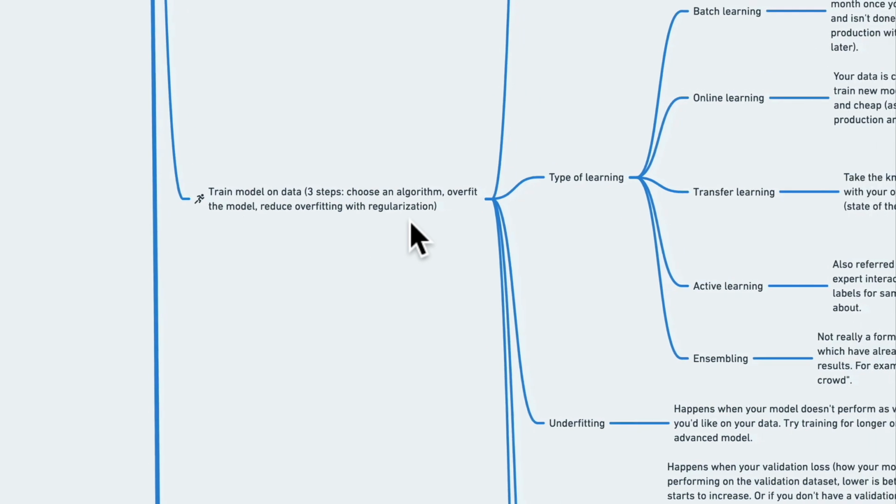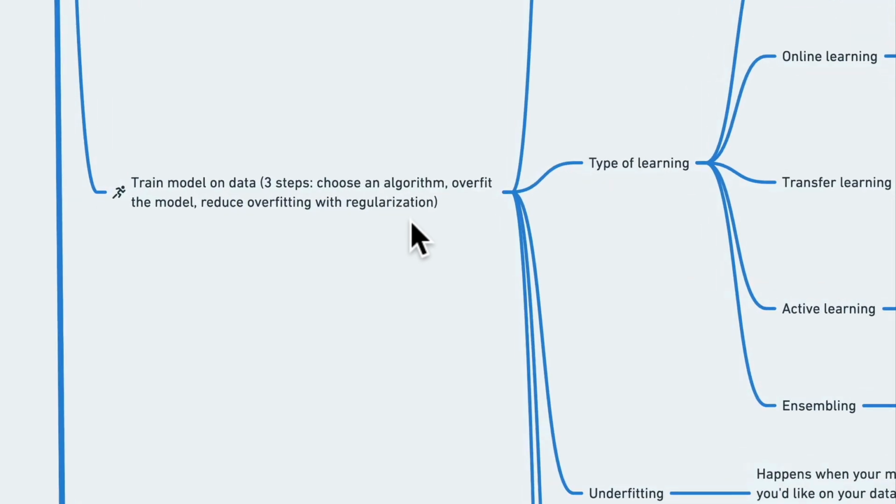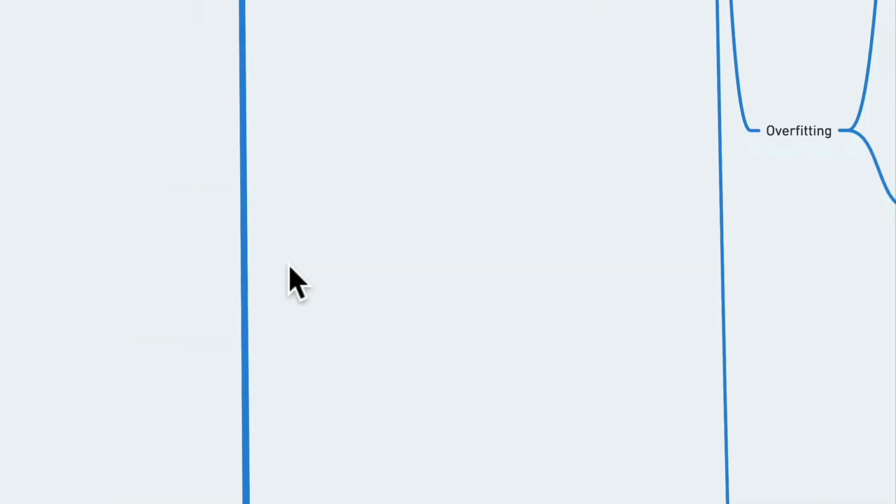Overfit the model. Overfitting means the model has learnt the pattern so well that it's doing too well. And then reduce overfitting with regularization, which is a technique to hold our model's potential for learning patterns in data, to hold it back so that it can adjust itself to new data. And then if we come down here,